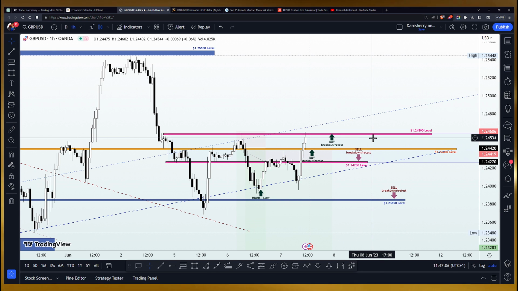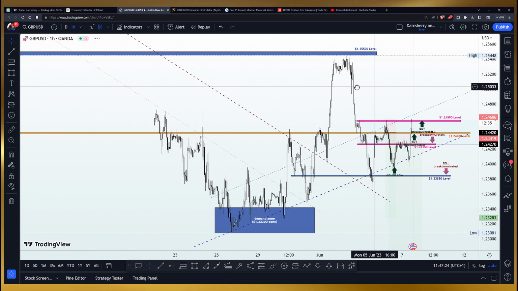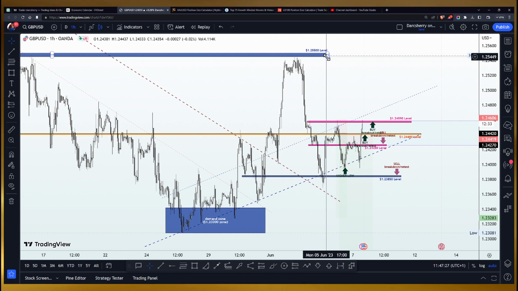This is for those who had missed out on the buy position we have been enjoying since the beginning of today. And for those who are already in the buy position, of course, this is another opportunity to maximize the potential of a bullish momentum to the upside. So that is how we are going to be buying the GBPUSD. In the meantime, you could have your TP target at the 1.2550 level.